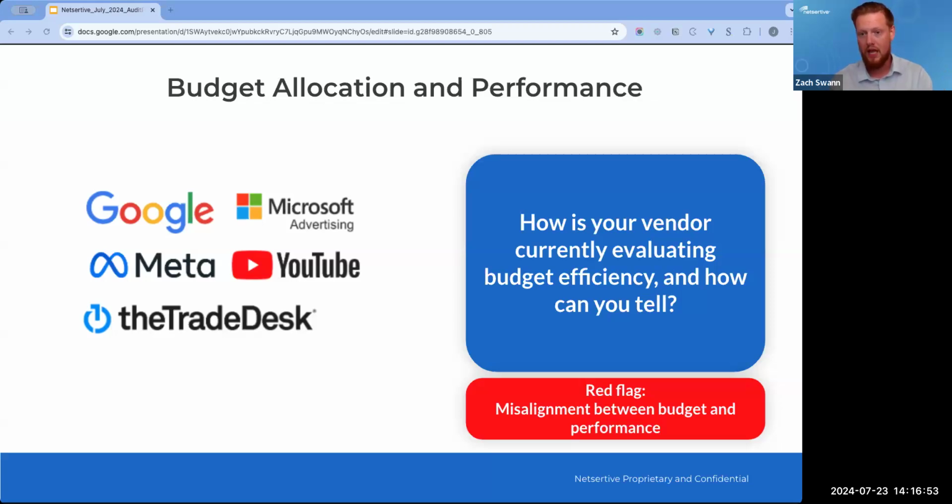Promotional campaigns, saying, hey, we're running a promotion, we want to lean in as far as here. Well, we don't know what those performance metrics are going to look like, so we want to overfund something like that to maximize the results. And those are just a few examples, but